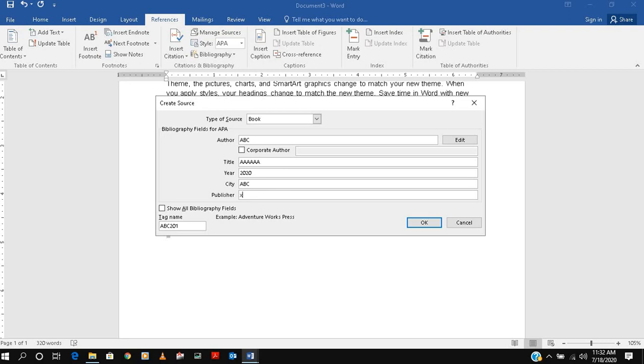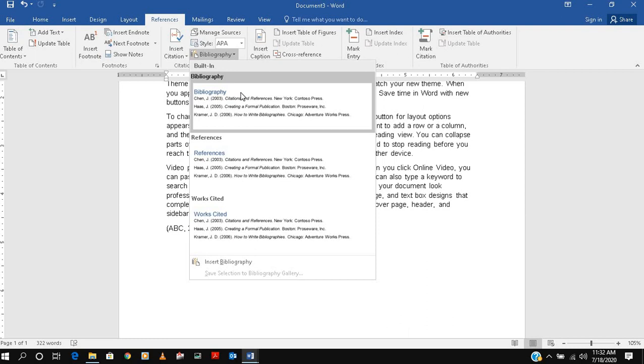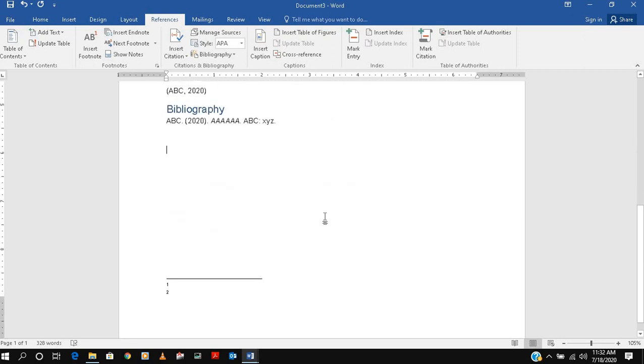Publisher XYZ. Once you put this, it comes here as a small citation, but once you use the bibliography option, the bibliography is built in. So it's a full bibliography of whatever we have to give. That's all for that.